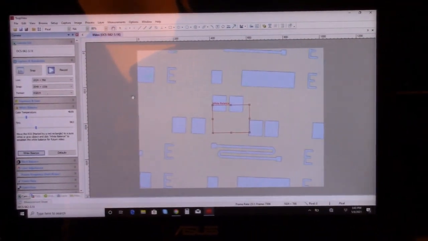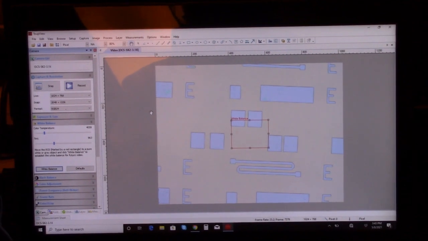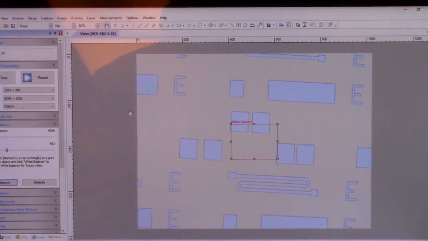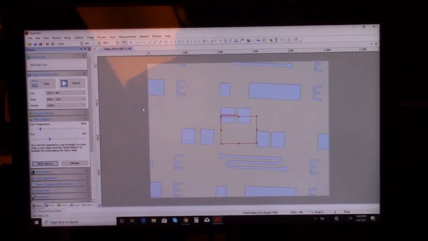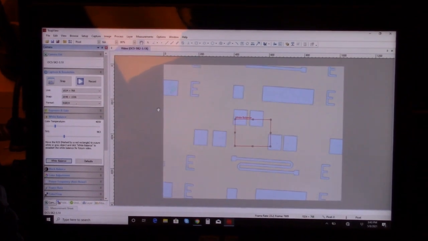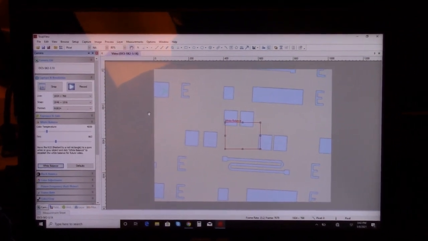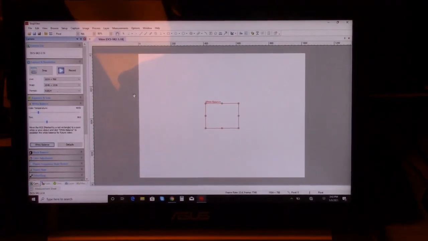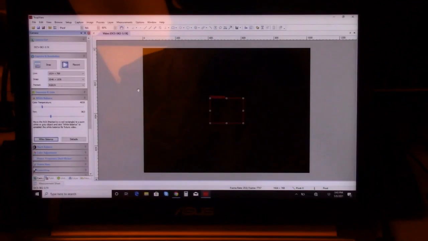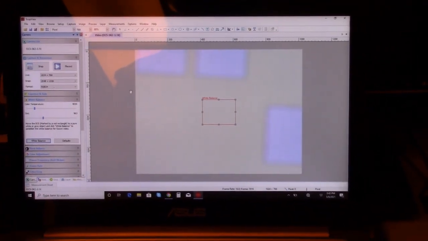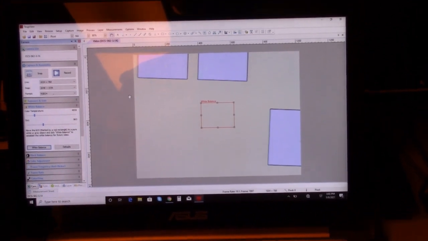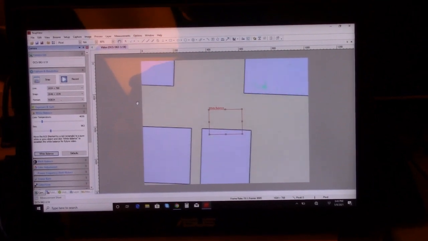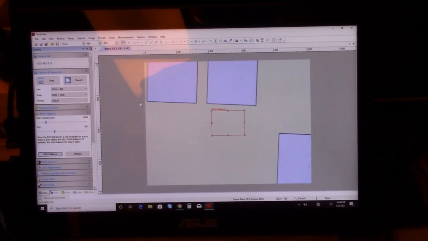Okay, now that our film has been developed, it's a good idea to check how the developer actually removed the photoresist and resulted in the pattern. You can see that there are areas with really good feature definition like this. A good way to check how your developing recipe has worked out is to see how square the squares are. It looks like our corners are pretty good, and have very good definition.